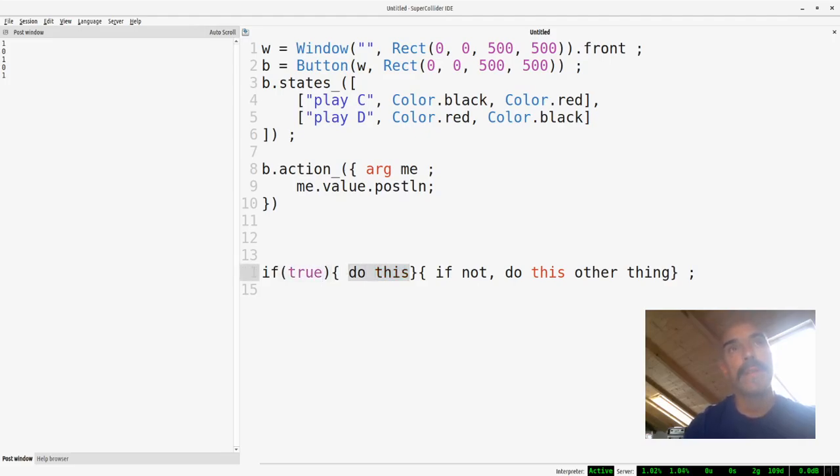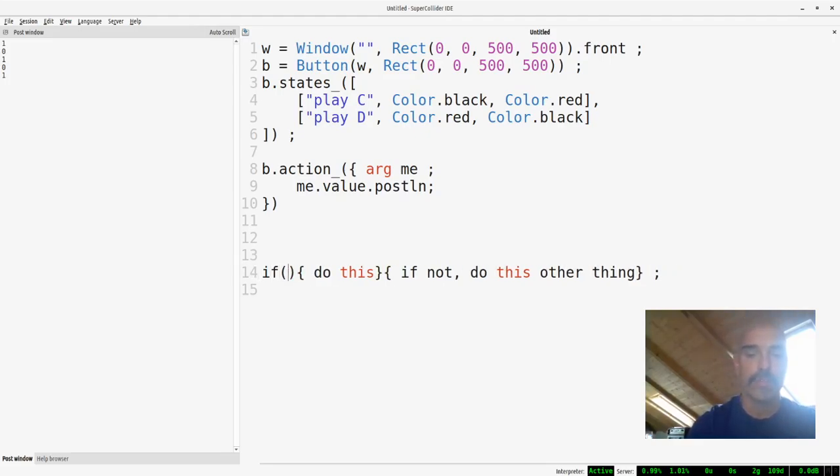This is what happens if this first condition is true, and if it is not true, that is, it is false in Boolean logic, then do this other thing. You can appreciate the usage of curly brackets, because it's like a function, so it's like two different programs. If you want two different blocks, they can be evaluated in relation to different conditions. So